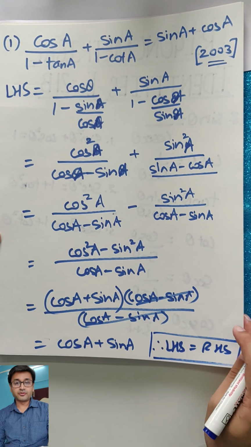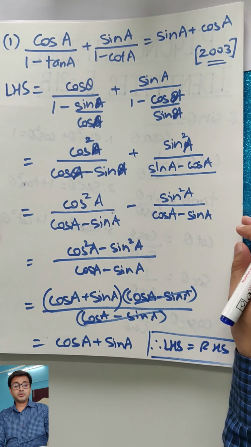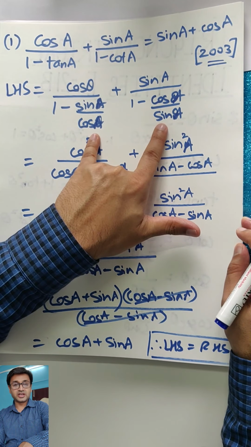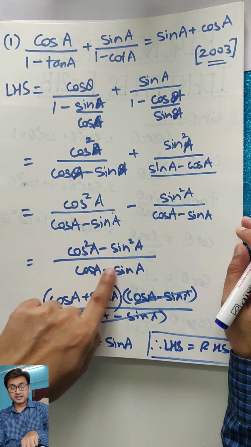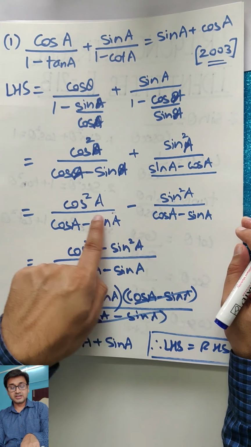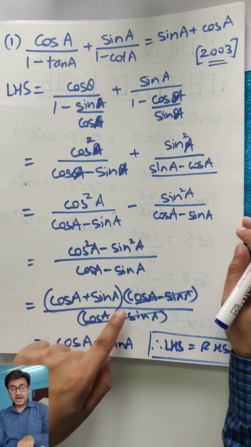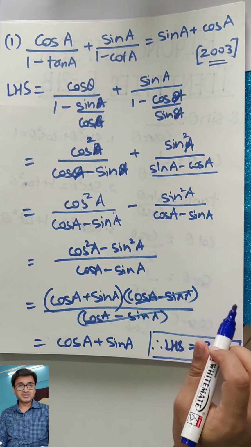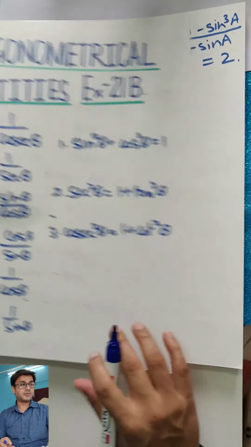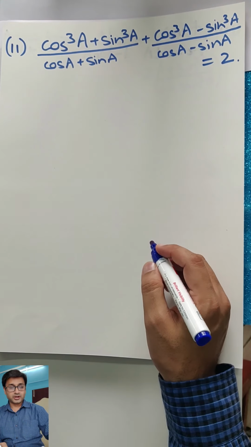A typical question from board point of view. You will get something where you change into sine cos. This will fetch you 1 mark. Then they will ask you to use your identity somewhere, maybe like this, a square minus b square, like that, and you'll get 1 more mark, and then the final part you will get 1 mark. So basically this was simple. I'm sure most of you all must have managed. Let's take the next one.